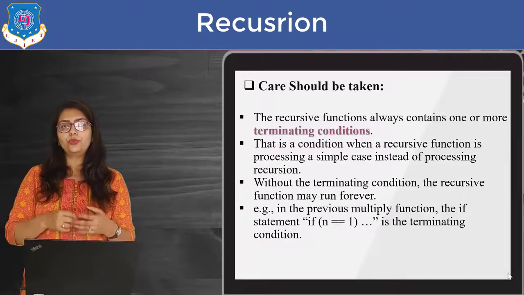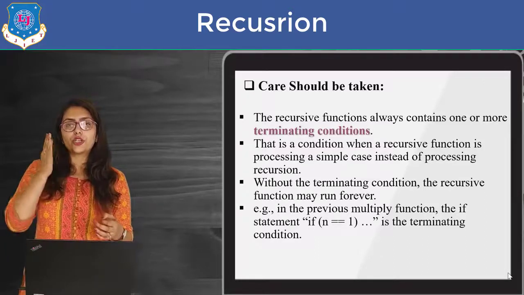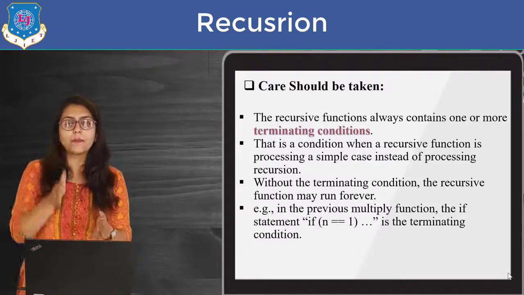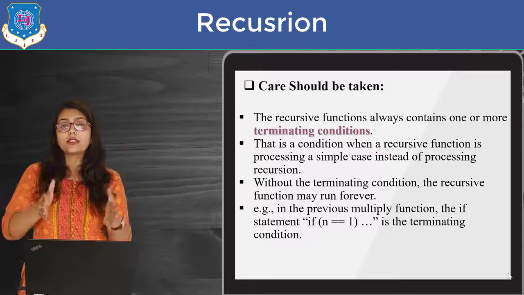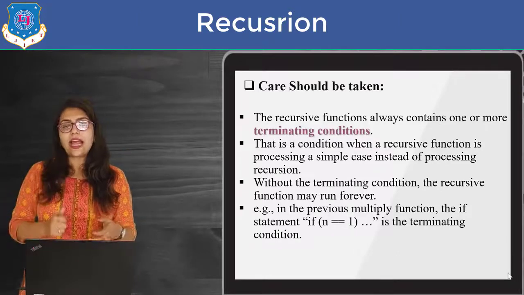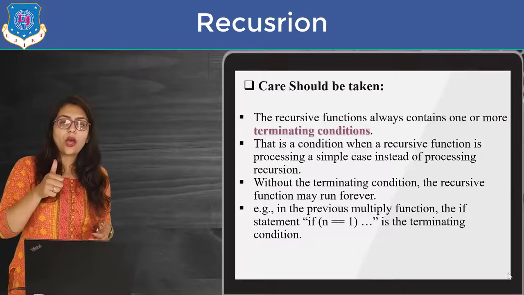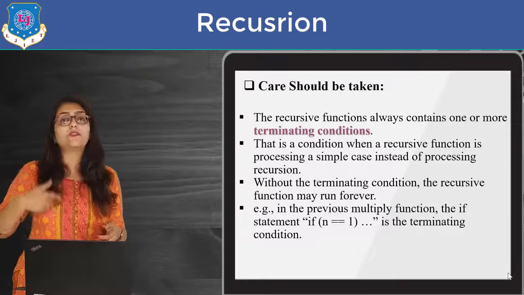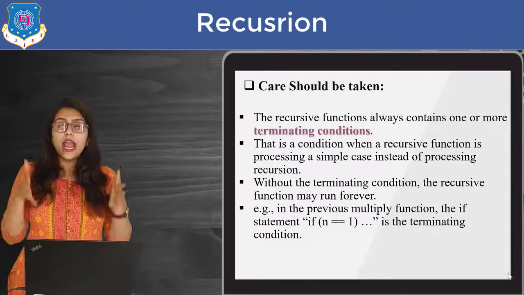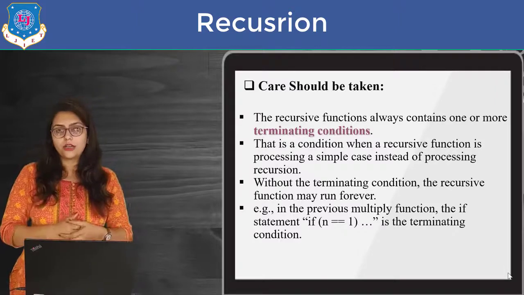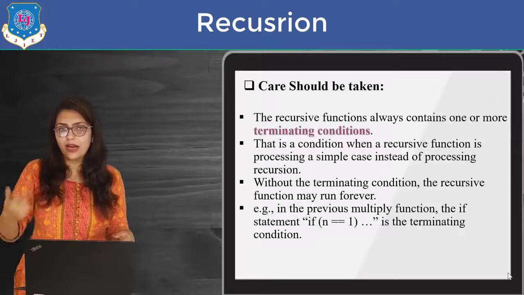I have shown you that the recursive function will stop calculating the factorial once it encounters that the value of n is 1. So at that time I have written 1. I am returning some kind of constant value instead of calling the function itself. So we have to put some terminating condition in order to stop the recursion. Otherwise my program will be in an infinite loop.